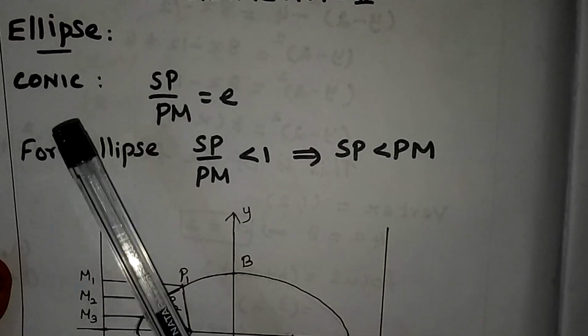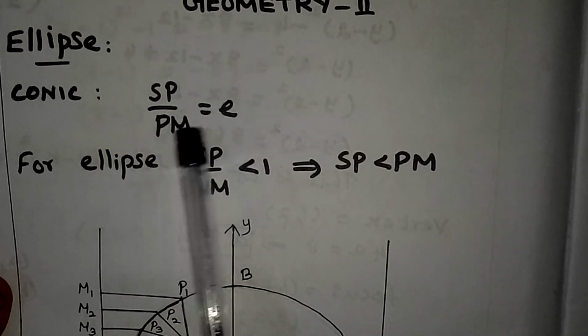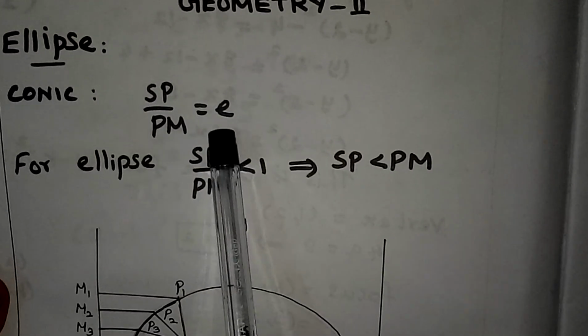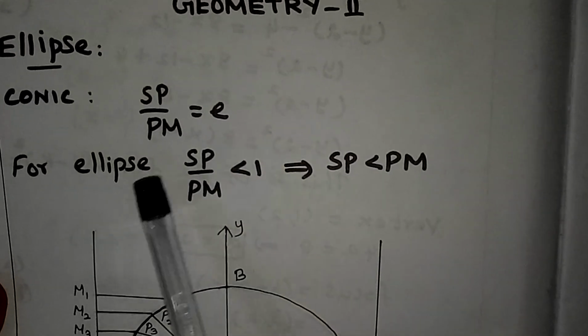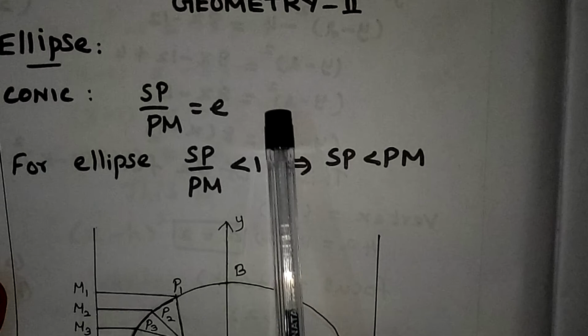The concept of parabola is over. Now you are going to see about ellipse. So this is the definition of conic. SP by PM, this ratio will be equal to E, the eccentricity. For a parabola, this eccentricity will be equal to 1. So SP will be equal to PM. For ellipse,